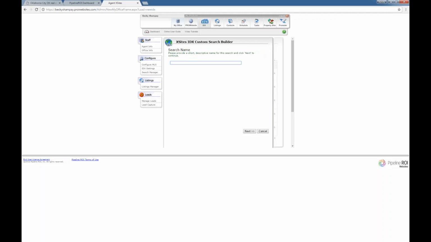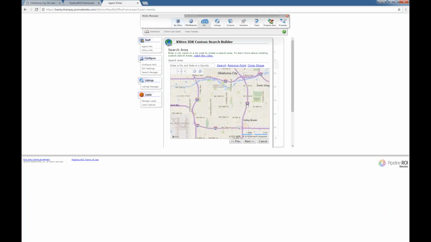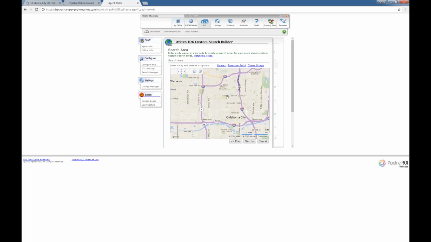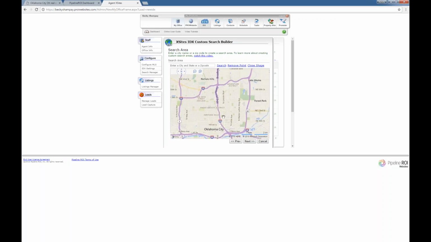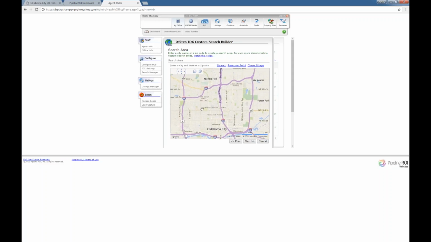Now for the fun one. So let's say we're looking to get to a specific area. So we're going to do the Paseo Arts District. If you right-click and add points, and I'm hitting the escape key to close that menu,